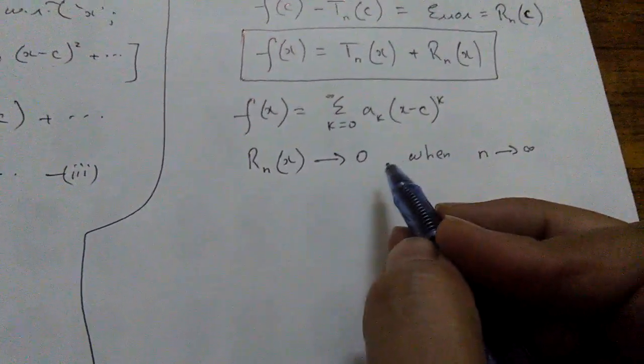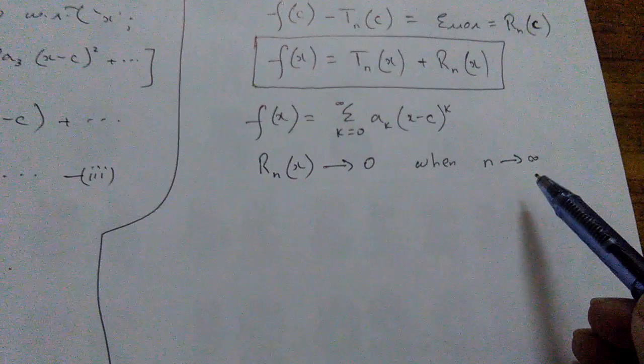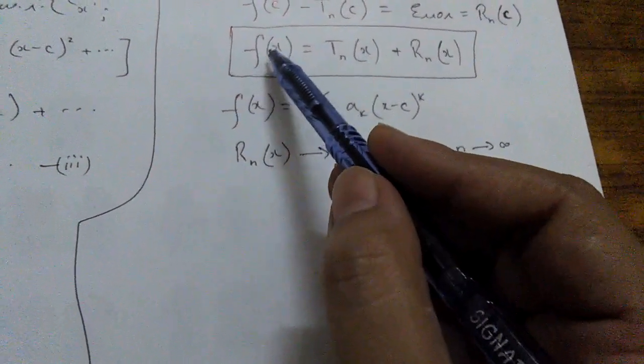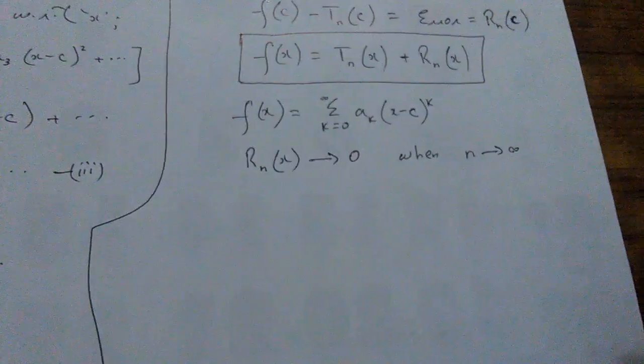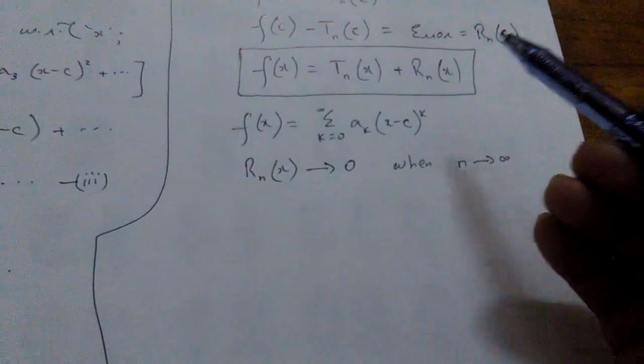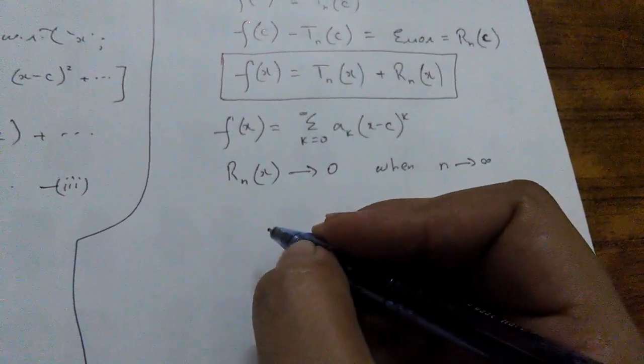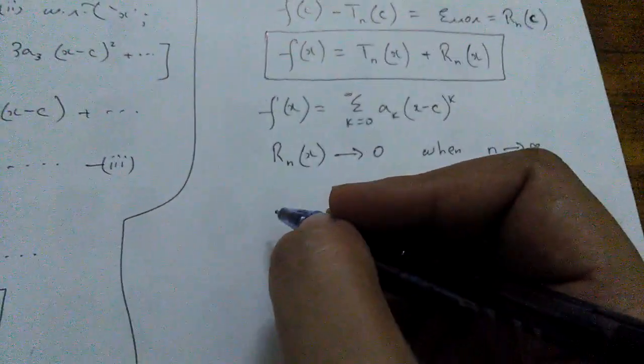If this condition is satisfied, only in that case are we able to approximate our function by means of the Taylor polynomial, otherwise not. Okay, so this remainder function was introduced by Taylor, and he explains the remainder function